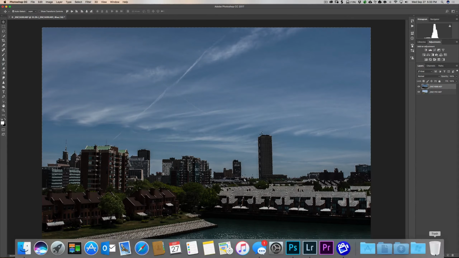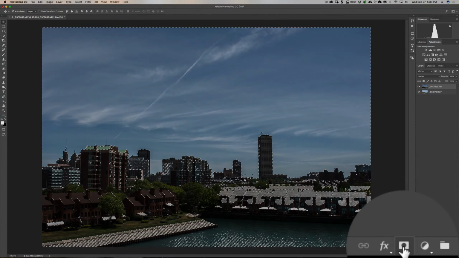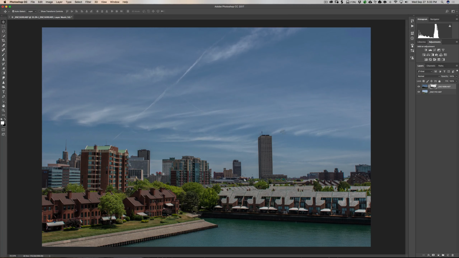So we're just going to go down here to the bottom with this little layer mask icon, and we're just going to click. And you can see now we have a blended image. We have the sky from the first image selected. And then we have some of the roof, some of this cement over here, a little bit of the water is actually selected. And we have a mask here, a layer mask, that is allowing the buildings from the bottom